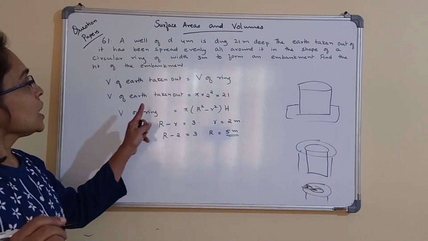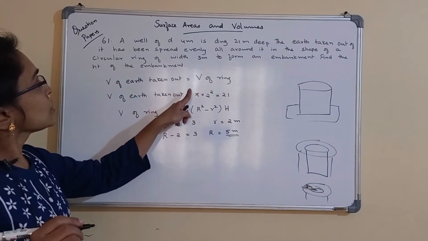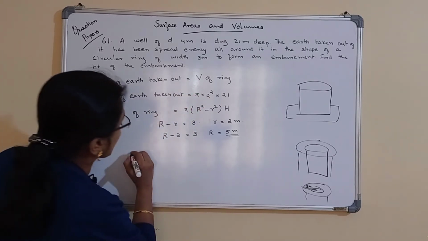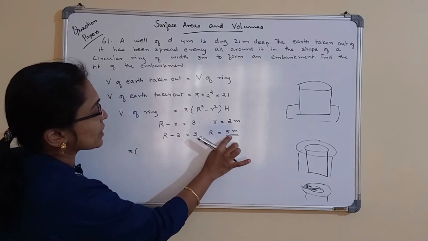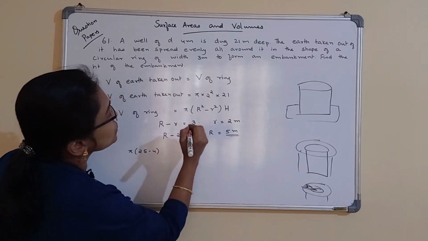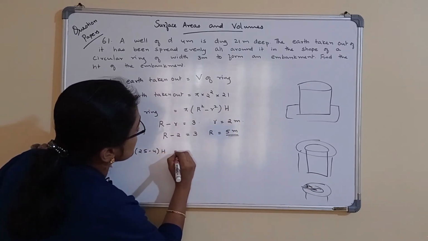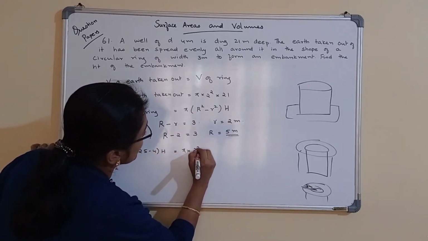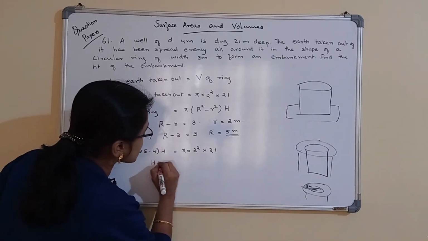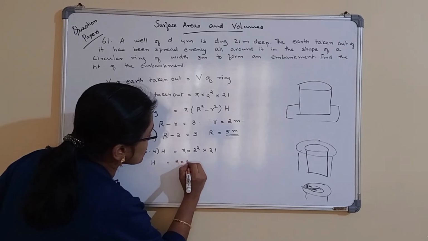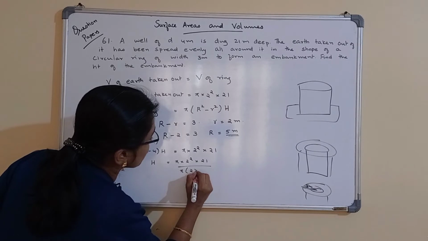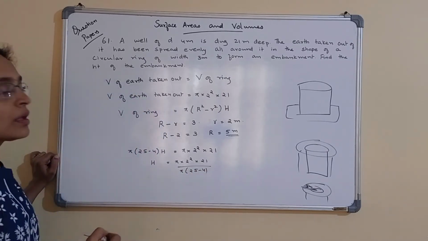Now this is equal to this. Volume of earth taken out is equal to this. So pi into capital R square, that is 25, minus small r square, which is 4, into capital H is equal to pi into 2 square into 21. Okay. Now height is equal to pi into 2 square into 21 by pi into 25 minus 4, which is